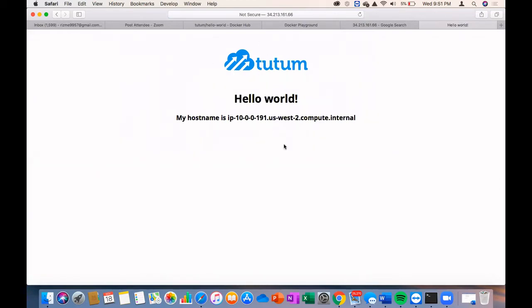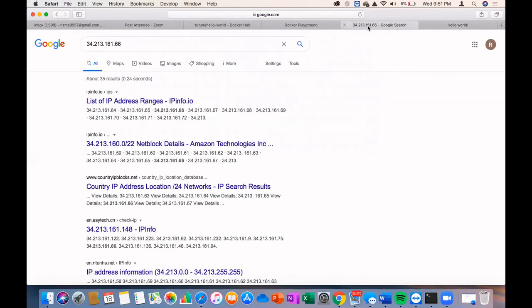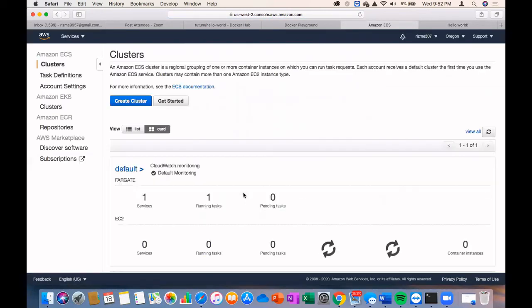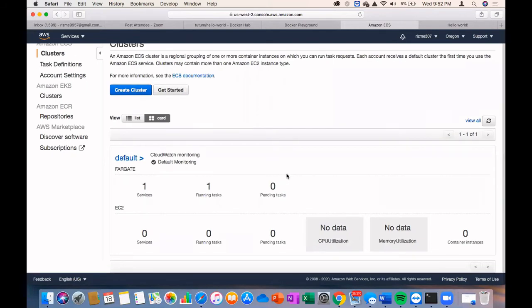But where is this container running? This container is running inside AWS. How can we go back? Go back. Correct. So it will give you the whole data, the whole report.